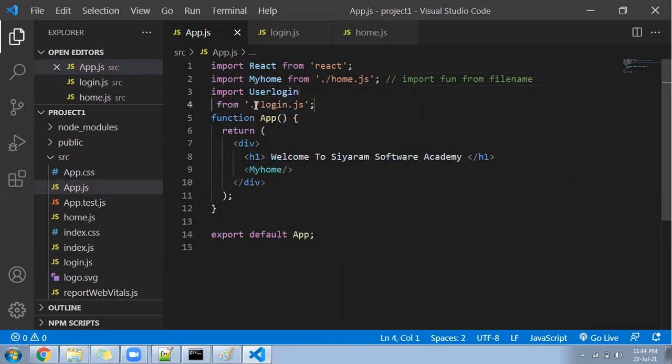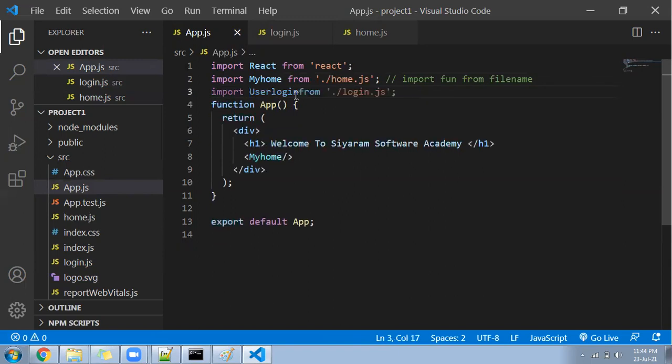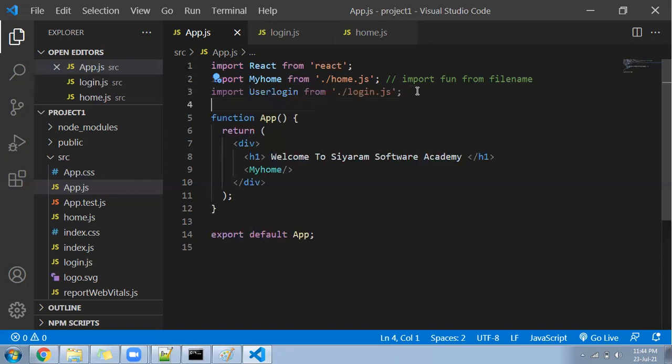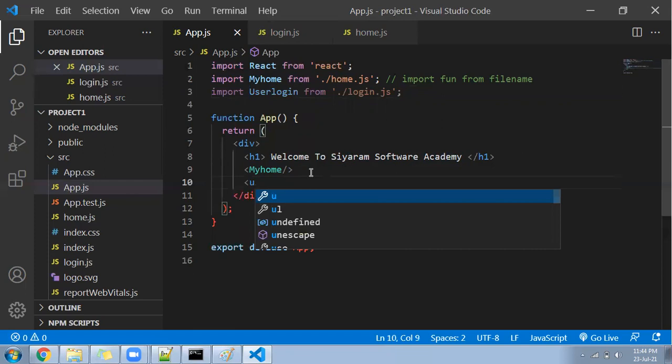It says import user login from login.js file. Now come down below and print user login here.